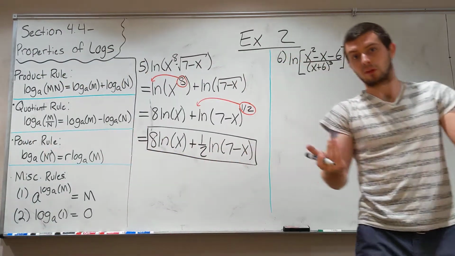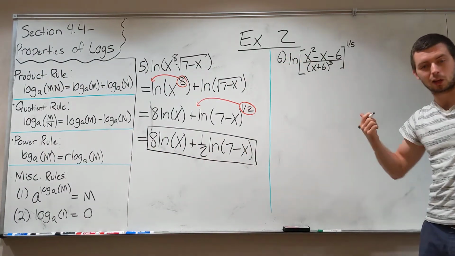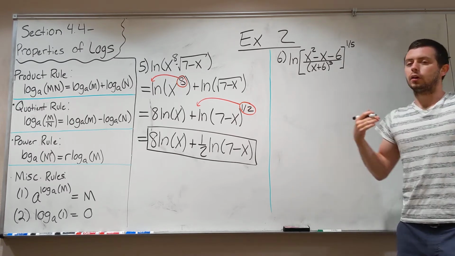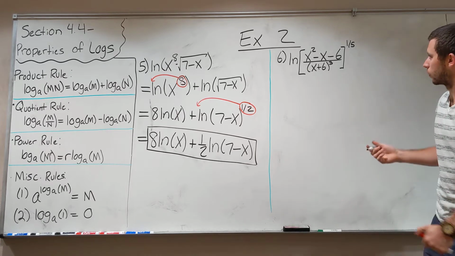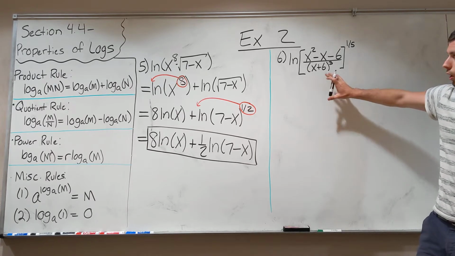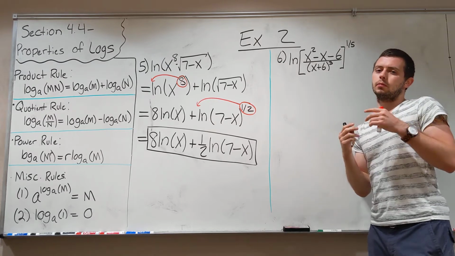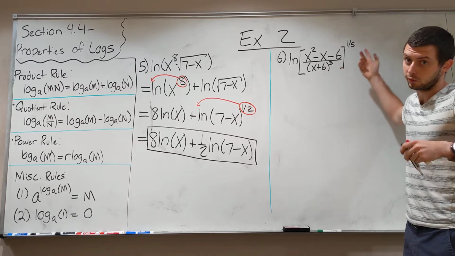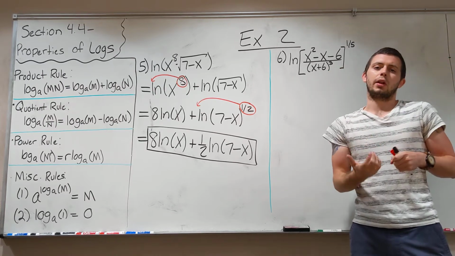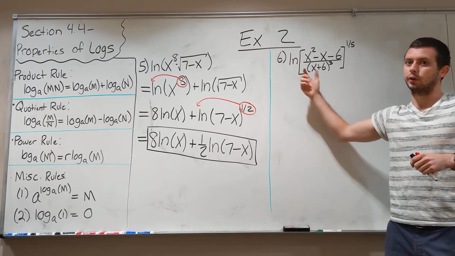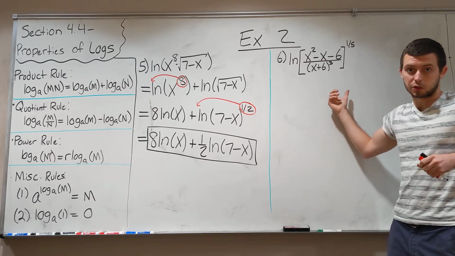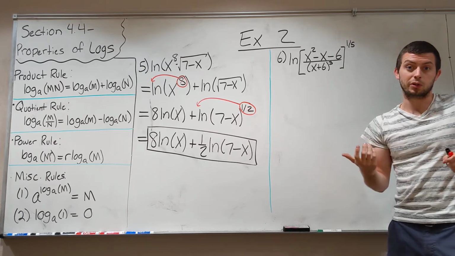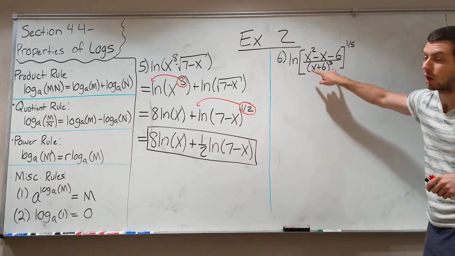Now number 6, as you can tell, this one's probably the more complicated of all the problems. It involves every rule, and it is a fairly intricate problem, so let's go ahead and talk about it. So we look at this mess and we try to break it down one step at a time. There's definitely a quotient, there's an exponent, there's another exponent. What we have to look at is, are we taking the natural log of a product first, a quotient first, or an exponent first? You might be tempted to say it's a quotient first, but notice that whole fraction is